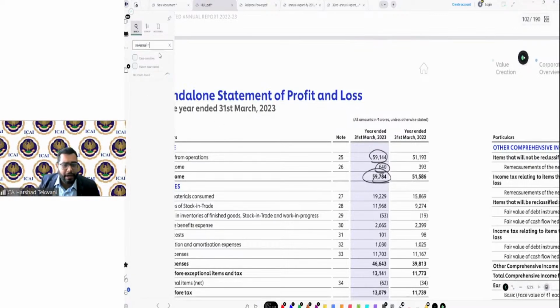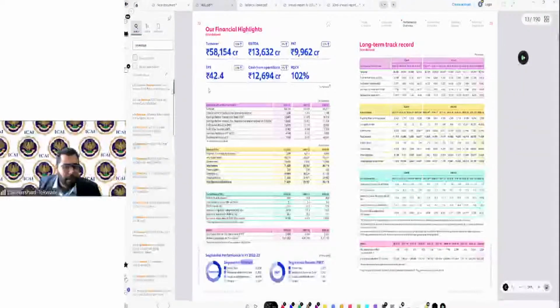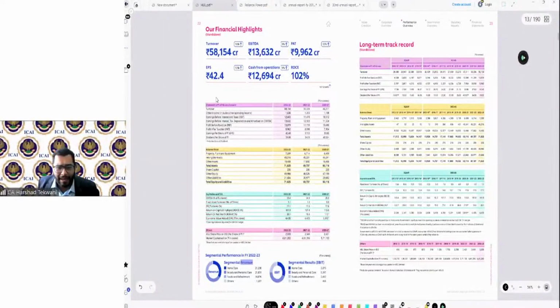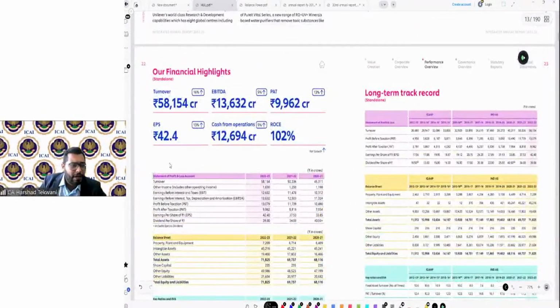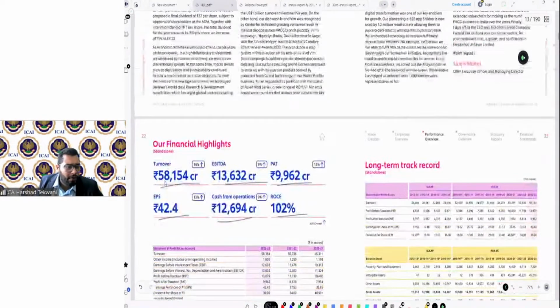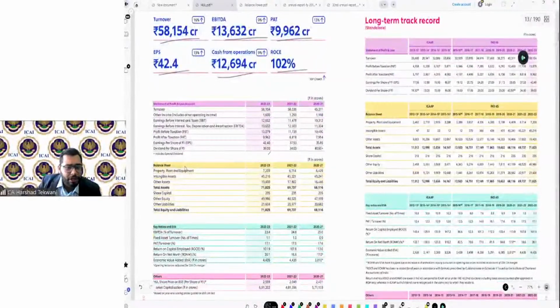So if the revenue is presented here, there might be a scenario where revenue is presented somewhere else. Okay, this is other information, our financial highlight. If this financial highlight presents some revenue, let's say turnover 58,154, EBITDA, PAT, EPS, these numbers. Let's say, for example, EBITDA 13,632 or turnover 58,154. Then I need to see whether this other financial information